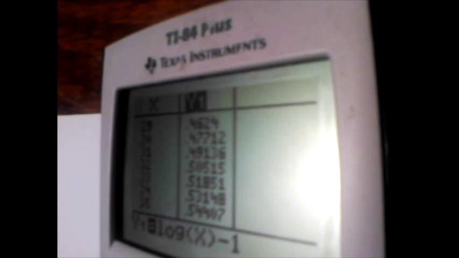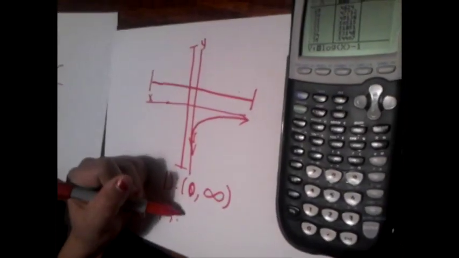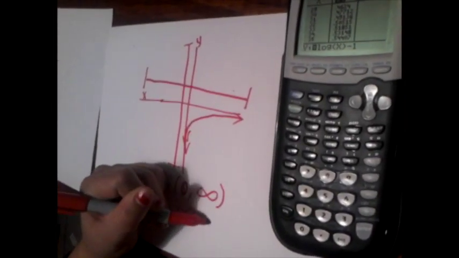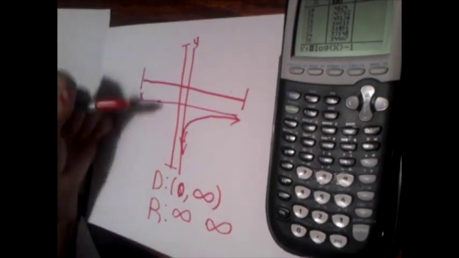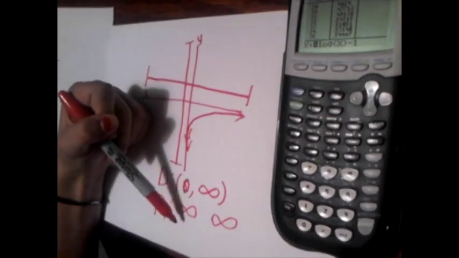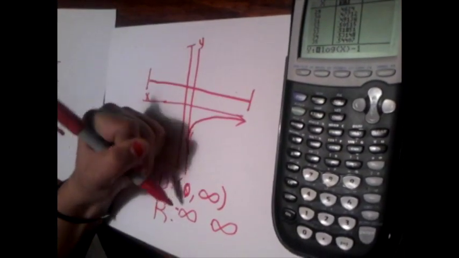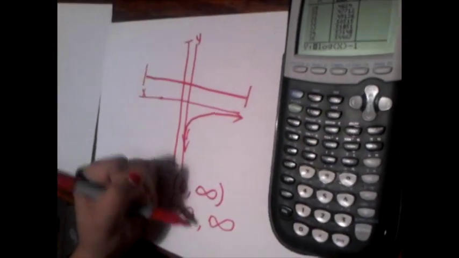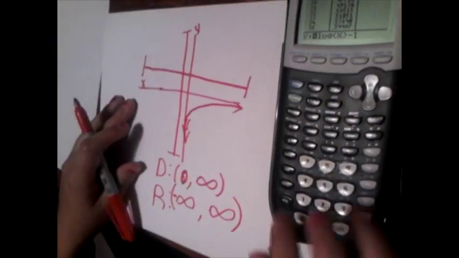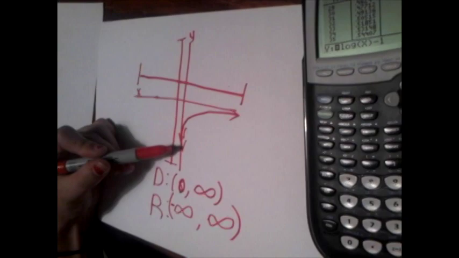And since it has arrows in the graph, we knew automatically that it's going to be infinity to infinity. But as you can see, this looks like a replication of the same thing, and we're not talking about just the positives, so we're going to have to put a negative infinity to positive infinity. That way it captures everything. So that is the domain and range of the